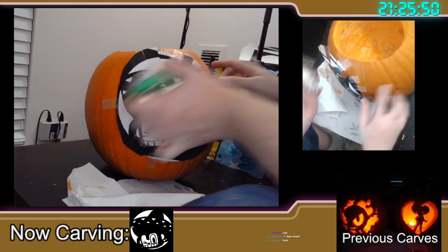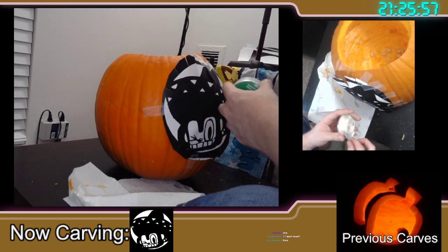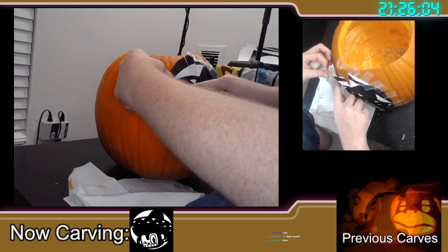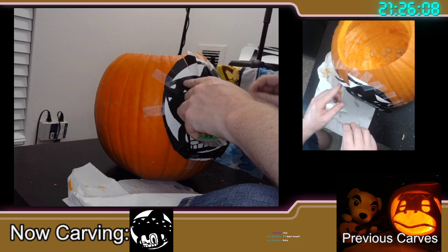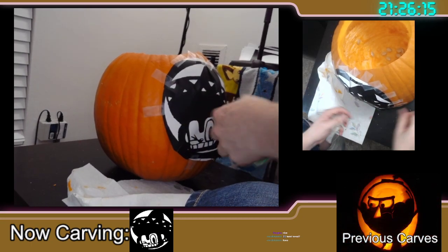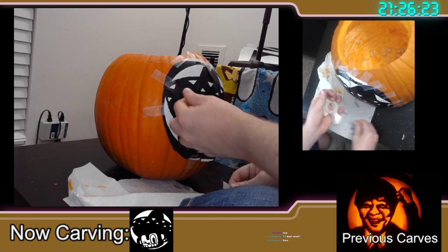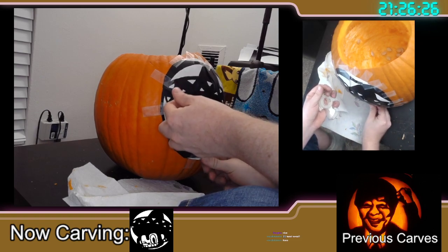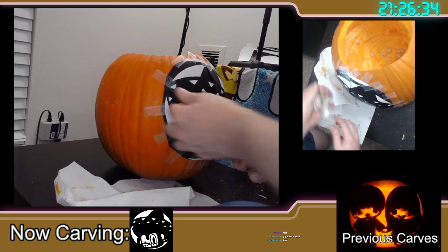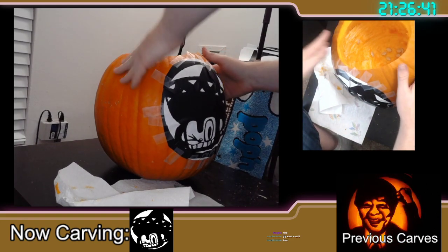And then parts like this where it's like, what is this? This is just a black strip that I don't even really necessarily need to put that down. So I usually save that for last. Just kind of push that flat. That's just a line. I'll just draw that anyway. All right, so now it's on there,